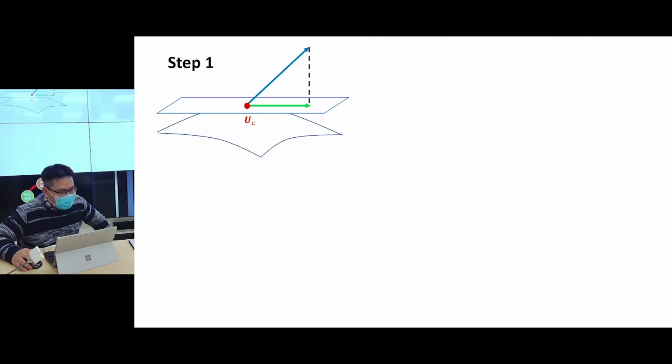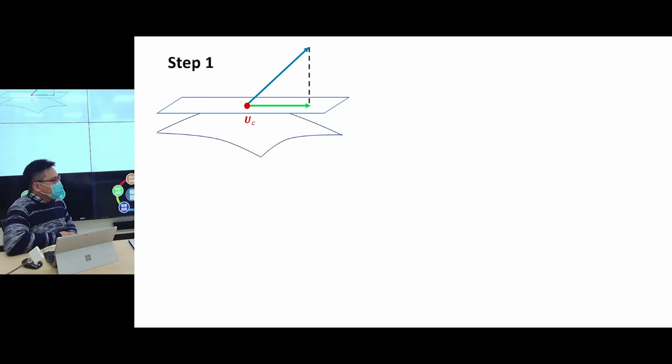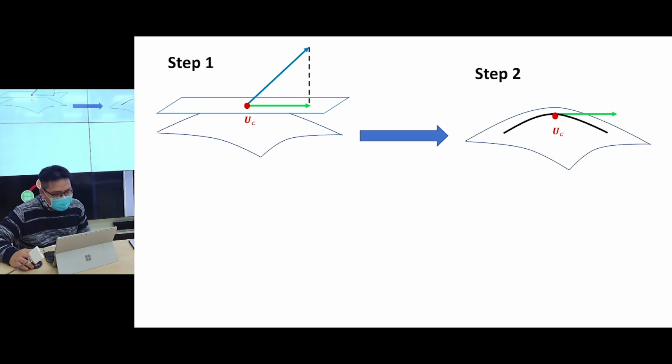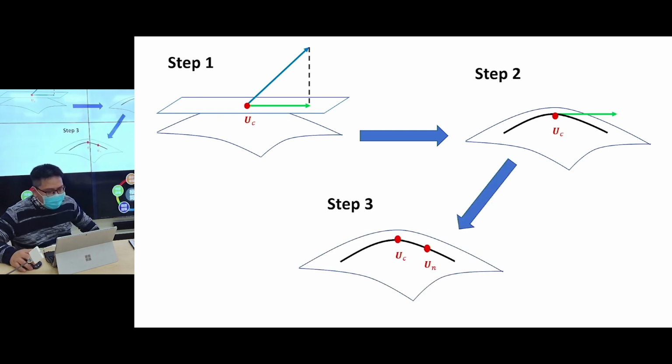The first step is to calculate the projected gradient. Because the gradient of f alpha is not in the tangent space, we have to project the gradient onto the tangent space to form the green arrow here. With this projected gradient, we use the Cayley retraction mapping to generate a curve that takes the current point with velocity equal to this green arrow. With this curve, I will introduce the Armijo-Hall algorithm to choose the step size, which moves the current point to the next point. So this is a diagram showing our 3 steps in each iteration.